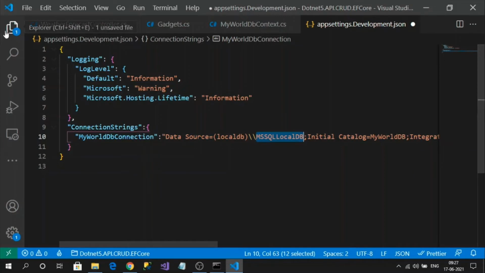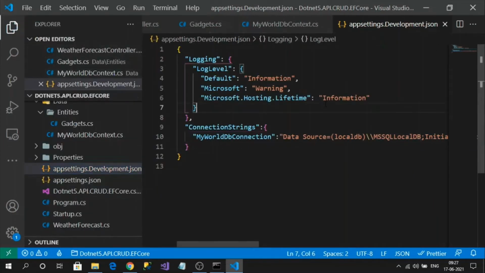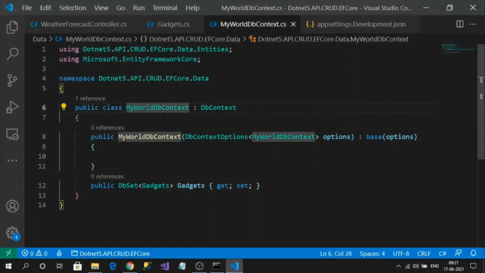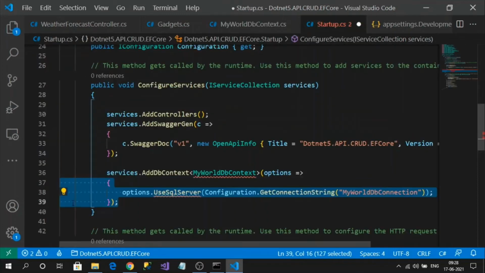Okay. Next thing, we are done with registering our connection string. Next, I need to register my MyOldDBContext into the Startup class services, so that I can inject my MyOldDBContext class anywhere I want in my application. Okay, so let's register it in the Startup services. So like this, we need to register our DbContext.